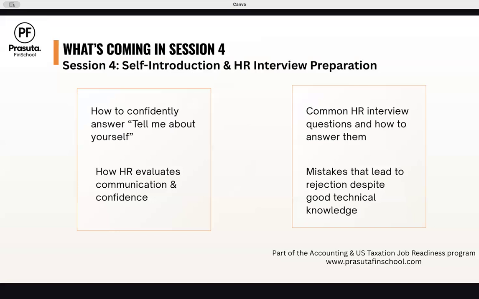They know something or they do something that you have never done, because in interviews, most of the time the interviewer checks how confident you are and how good you are at communicating your thoughts. Because if you're not good in technical, they will train you, but they cannot train you on your traits, right? So this is also a very important part which we will be learning. So keeping it all together, the last session of this particular series is going to be very important in order to get you selected into top MNCs and top Big Fours, into roles in US